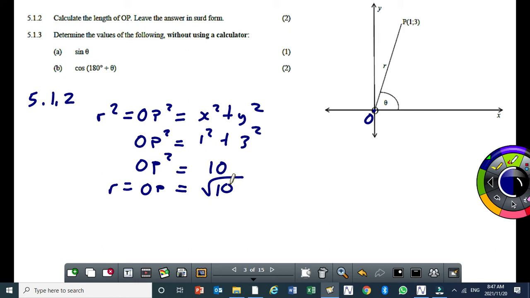The value of r is always positive. It's never negative. Right? So I've done 5.1.2. Most of the questions on the Cartesian plane, you have to calculate the value of r or x or y, depending on the diagram and the information you will be given. Right? Then, once you do 5.1.2, you need to be aware that the next question now requires you to apply